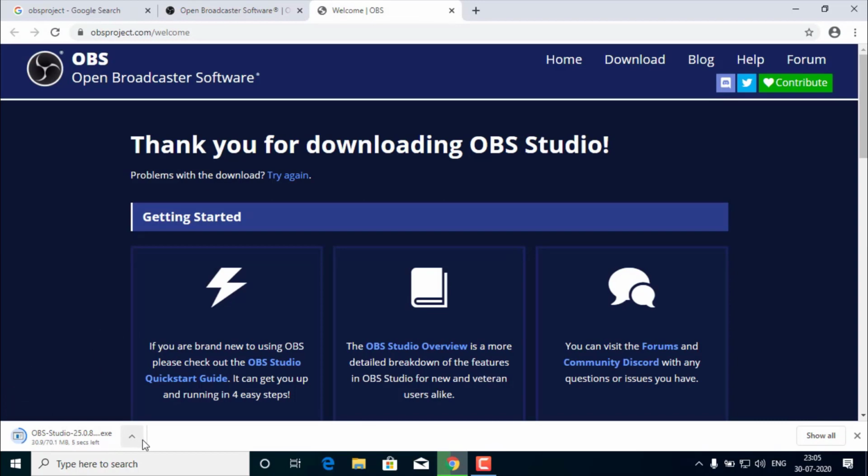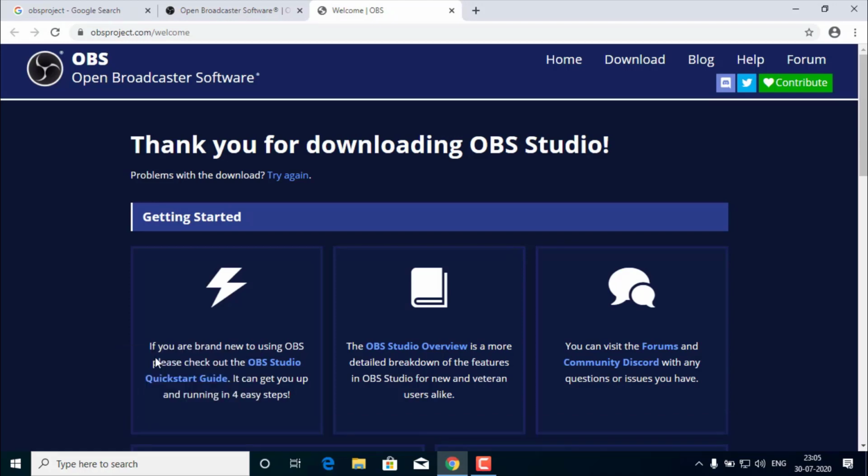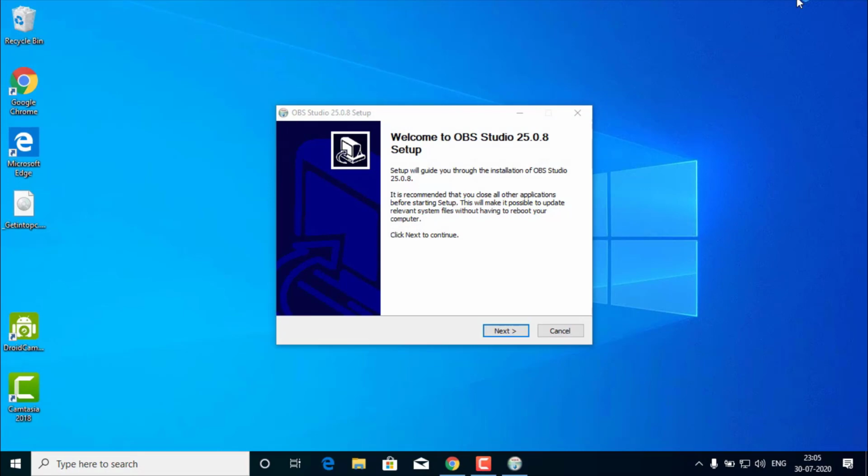The setup file will be downloaded now. The setup file has been downloaded. After downloading your setup file, you have to open it. Then you have to run the setup. It is open source, so no problem.